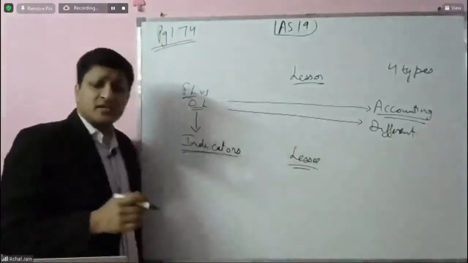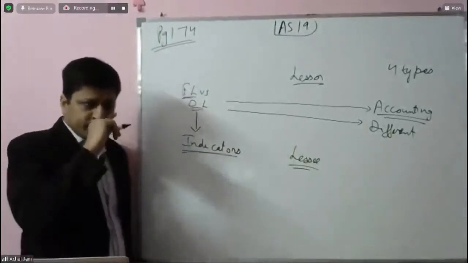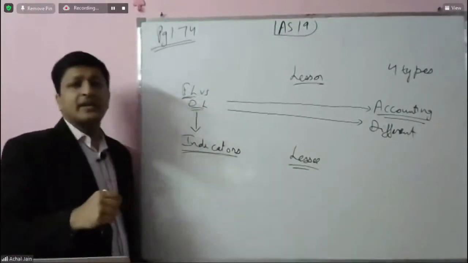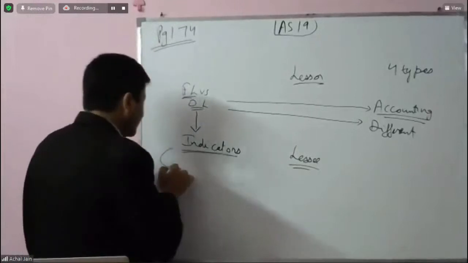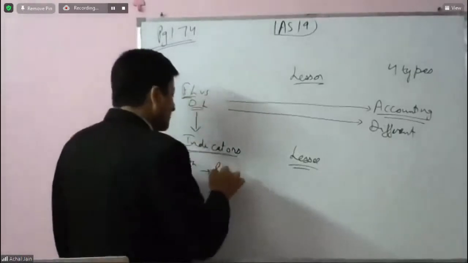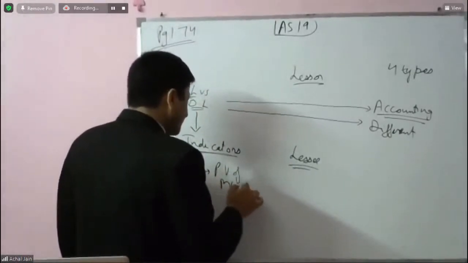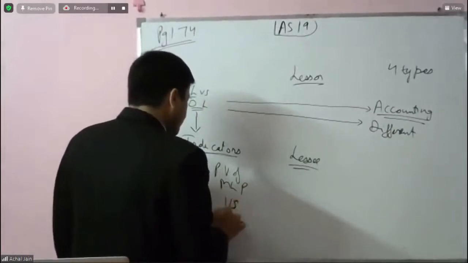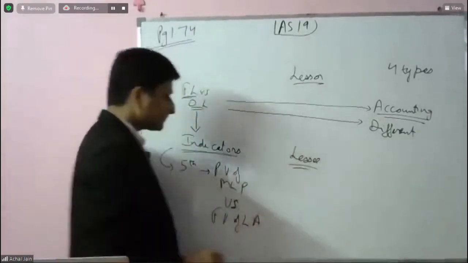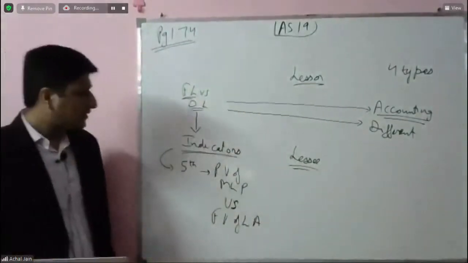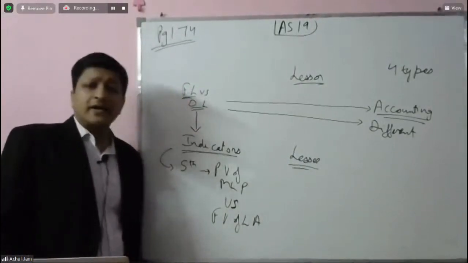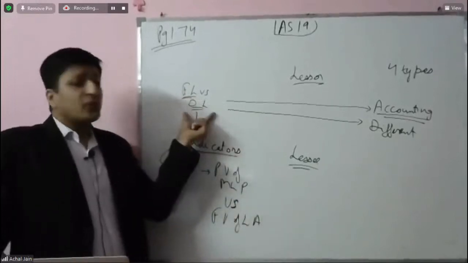All of these indicators you will be able to check theoretically. Arithmetical computations may not be involved except in case of one indicator. Which one is that? Fifth indicator, wherein you need to compare present value of MLP with fair value of leased asset. Yes or no? So now, every time you will be required to check whether it's a finance lease or